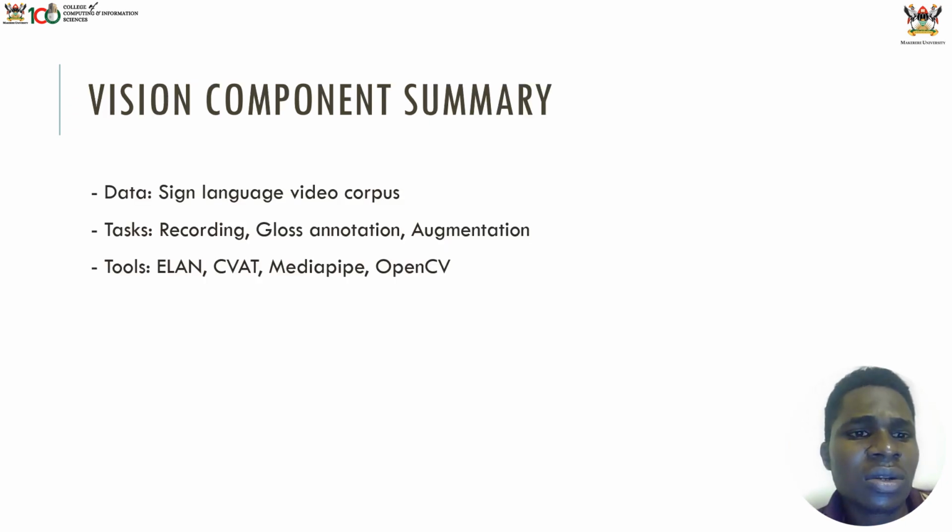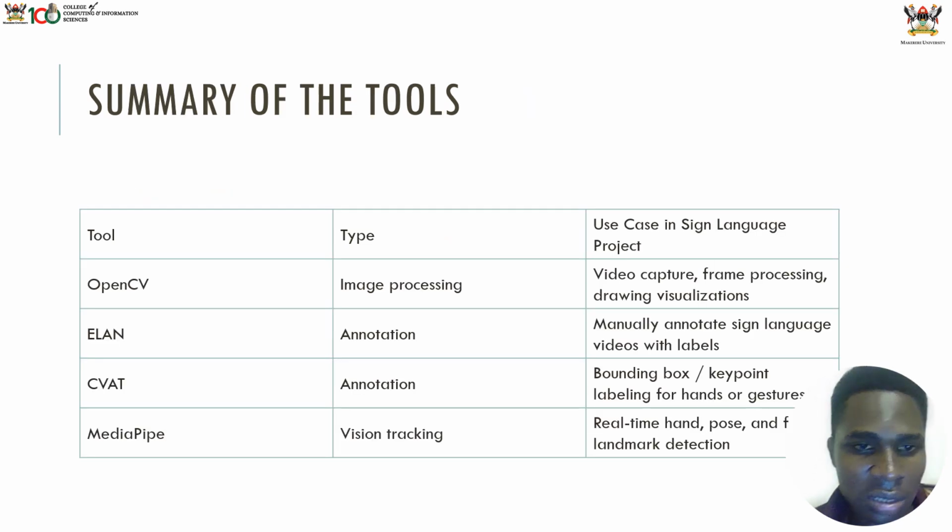So for the vision components, we shall have a sign language video corpus, which is basically videos of signs. We shall do recording, gloss annotation, and augmentation on the video corpus. Some of the tools will include ELAN, CVAT, MediaPipe, and OpenCV. So this is a breakdown of how these tools are going to be used